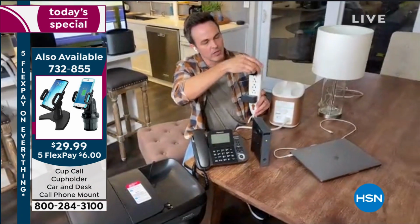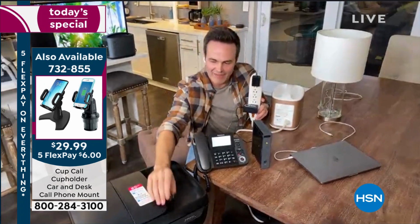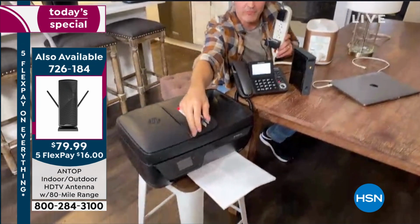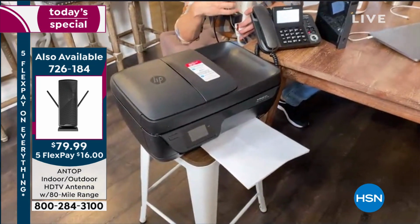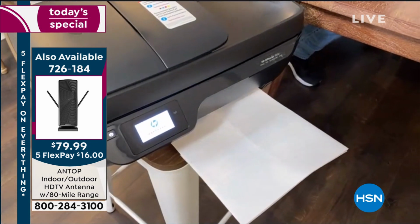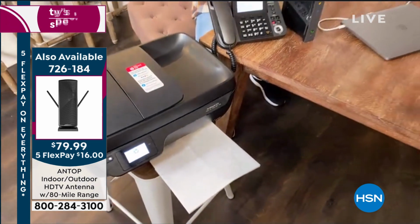Let's go ahead and plug in the office phone. We're gonna see that come on. I've got a heavy-duty wireless Wi-Fi printer here. Check out the screen on the front as I plug this in. Now my printer's going on. I got my printer, I got my phone, I got my Wi-Fi, and lastly,